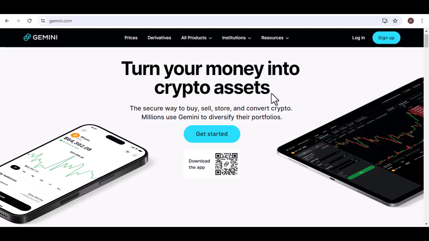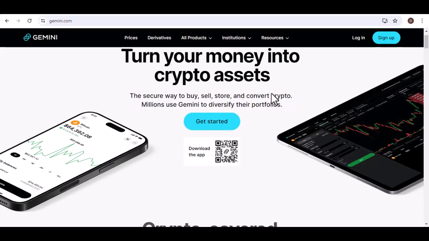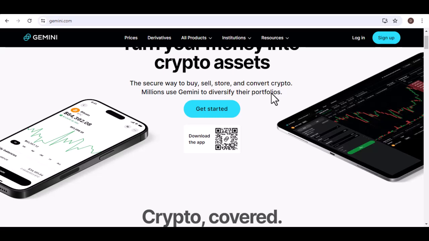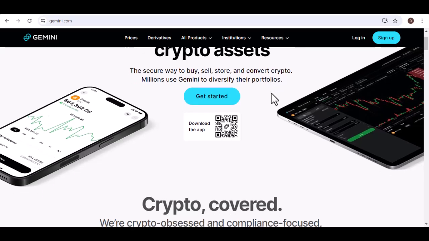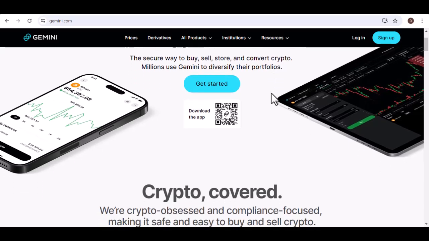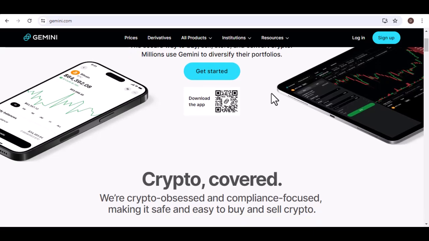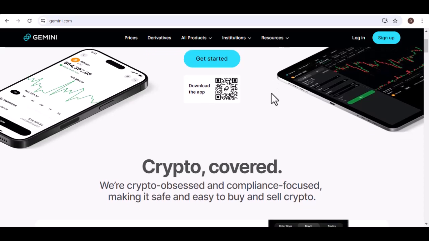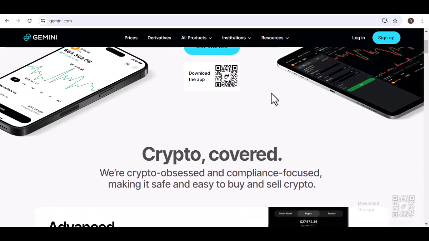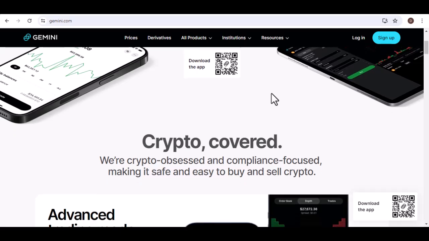Are you tired of seeing a chunk of your crypto investment eaten up by high trading fees? If you're using Gemini, especially the basic mobile or web interface, you could be paying a lot more than you need to. For example, a trade over $200 could cost you 1.49% plus a convenience fee. That adds up fast. But there's a simple fix to dramatically lower your costs and start keeping more of your